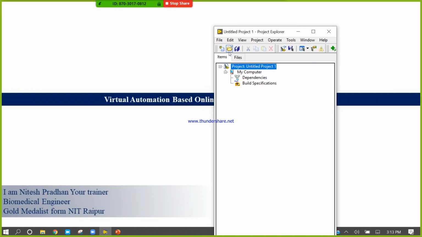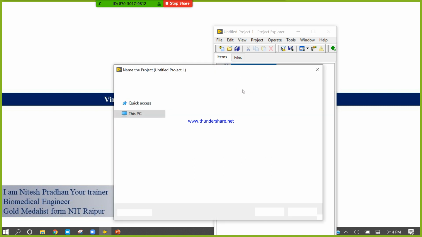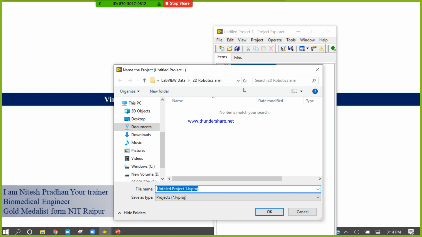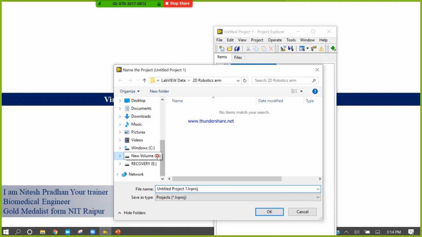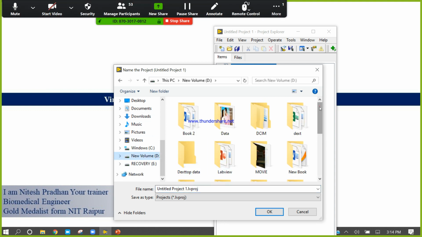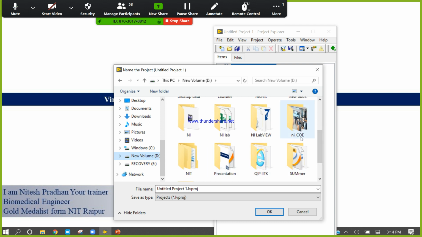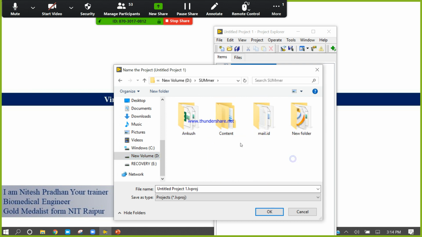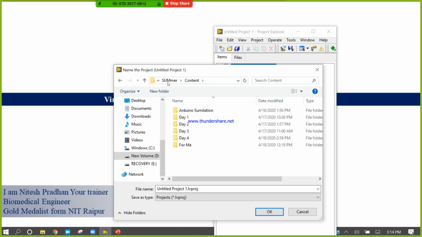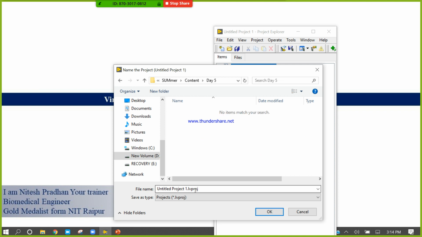Now I am going to save. Click on save. I am saving my project on my hard disk, in my computer. I am creating a folder called day 5, and inside it I am saving this project.